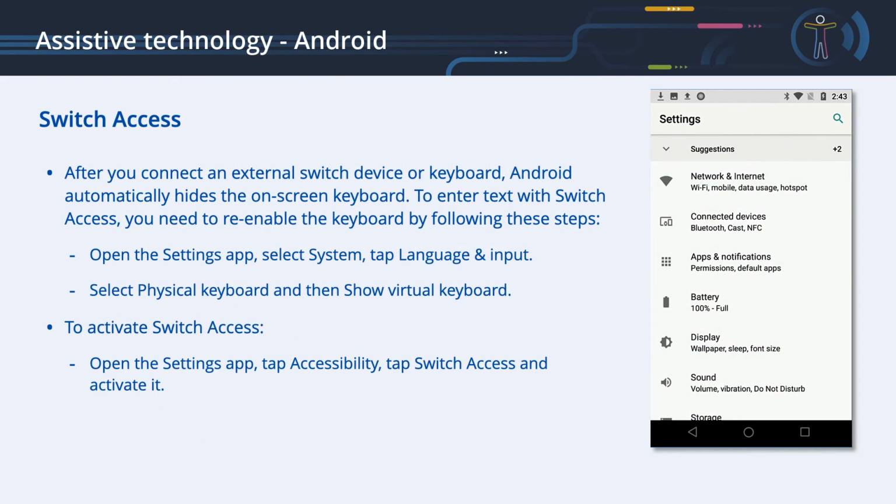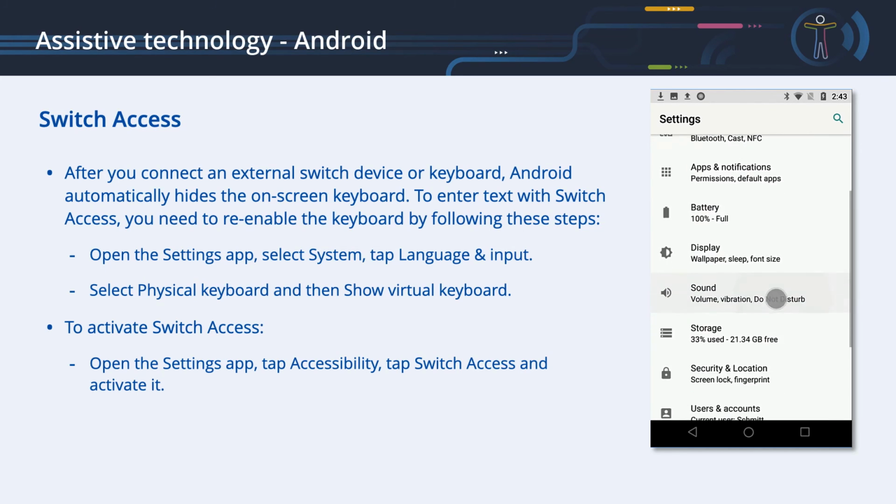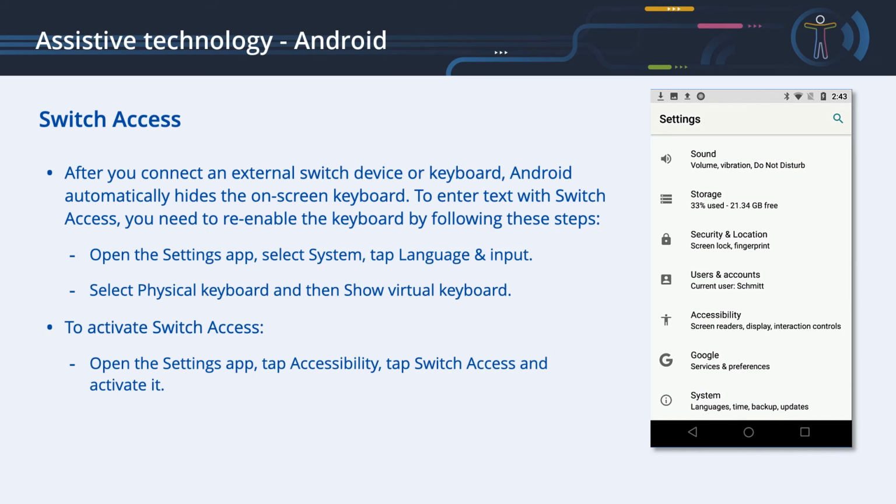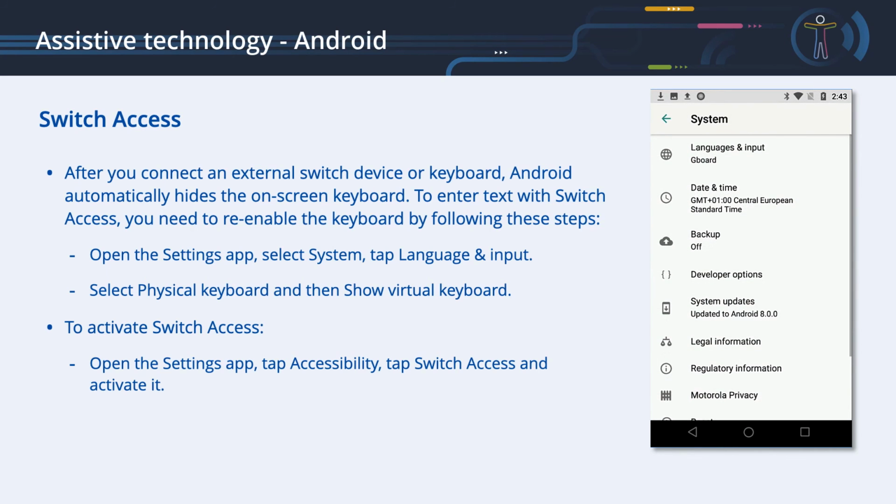After you connect an external switch device or keyboard, Android automatically hides the on-screen keyboard. To enter text with switch access, you need to re-enable the keyboard by doing the following. Open the Settings app, select System, tap Language and Input.